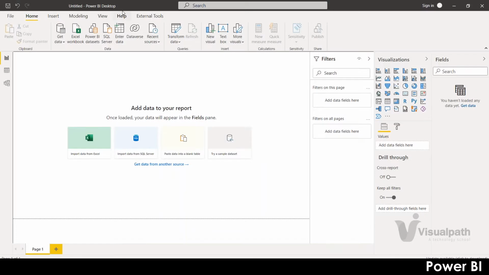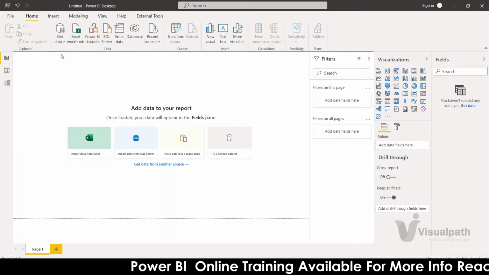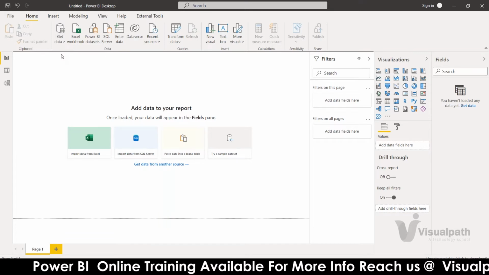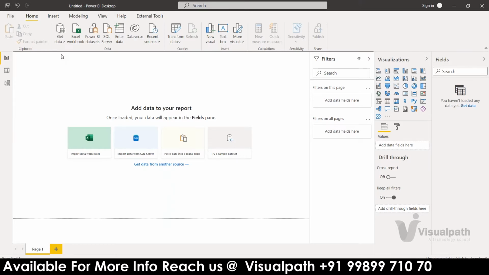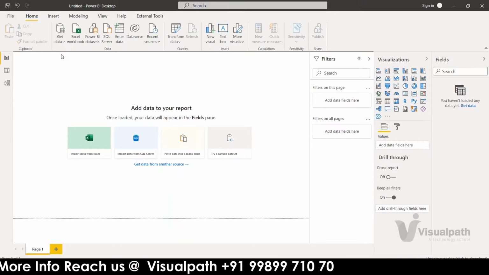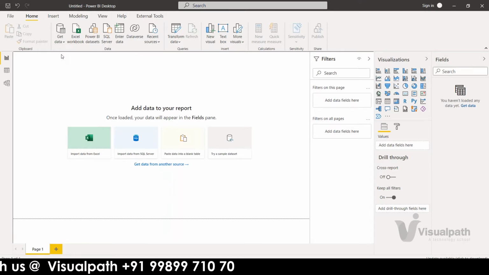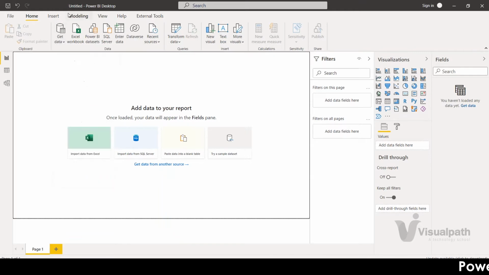You open your Power BI Desktop, and you will create a connection with your data source, and then you will fetch all the tables required to develop that particular user story, and then you'll start working. So how will we do that? I have opened my Power BI Desktop. I'll go to the Get Data section. Under Home, I have a Get Data section here.